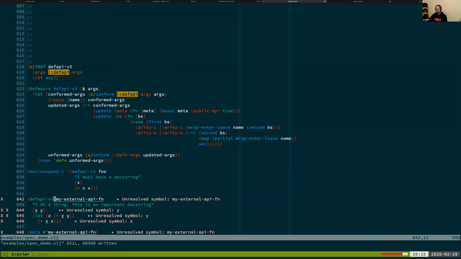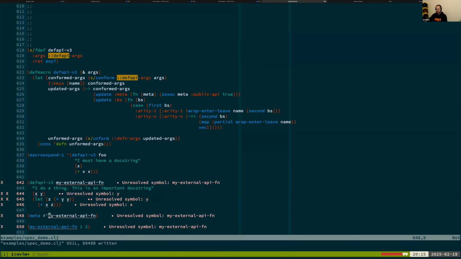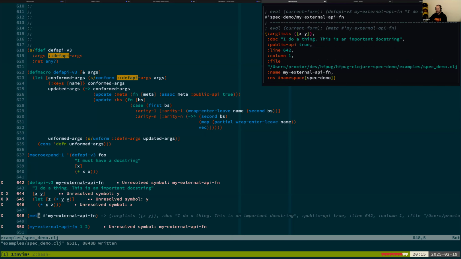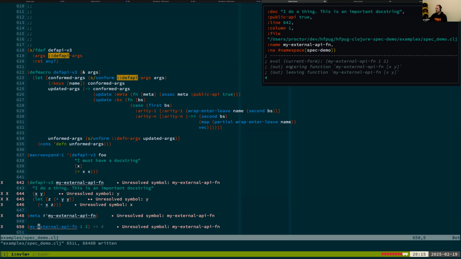So I have def API v3. It says I do a thing. And I can say, what is my metadata for my external API function? And I can say, here's my doc. I do a thing. This is an important doc string. It is public API. So I get all those things. But now when I call 1 and 2, I see entering function, my external API fun XY, I'm leaving the function, my internal X, and then I've got 4. So I get my return value and I get